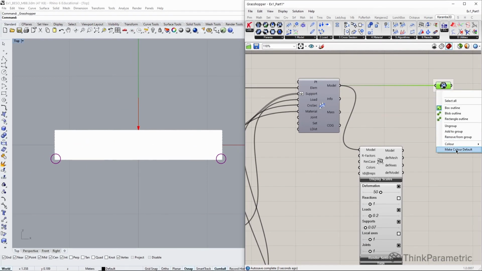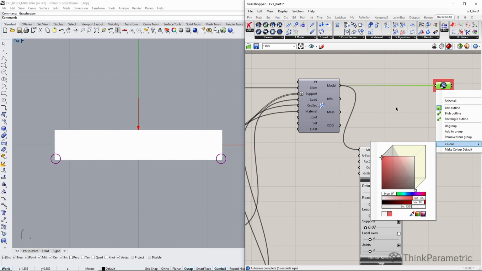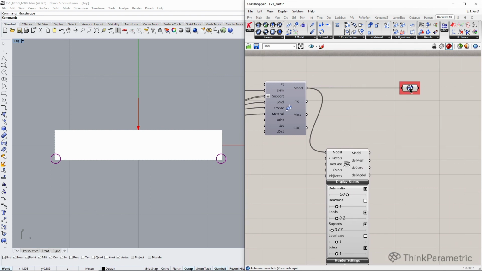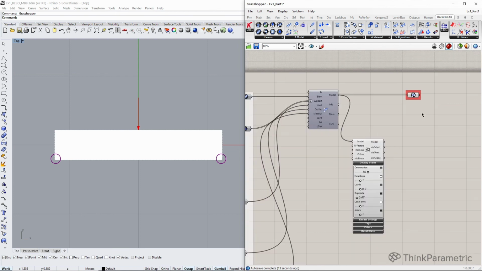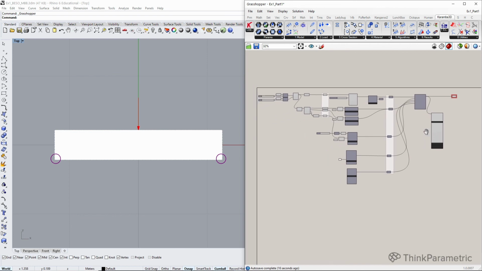And I will make it red. For your information, all the components that finish one part of the exercise are always marked in red, and we start the next part from this component. So this is the definition for now. We created geometry and created an assembly model for Karamba analysis, and see you in the second part of this exercise. Thank you.